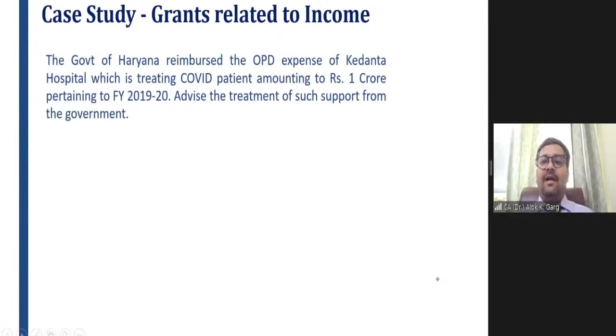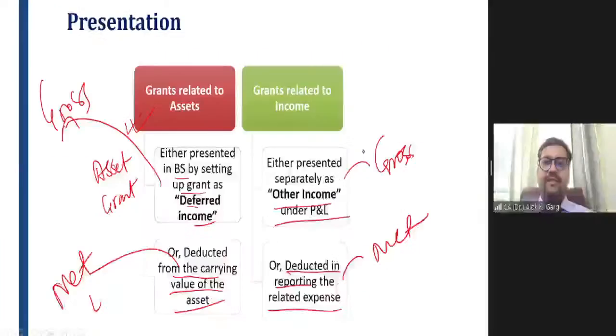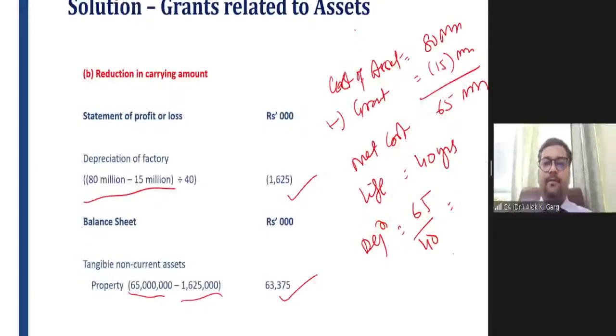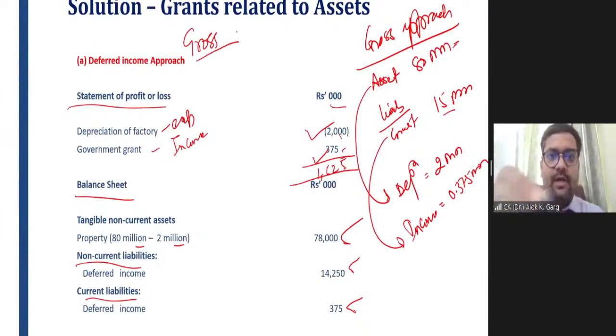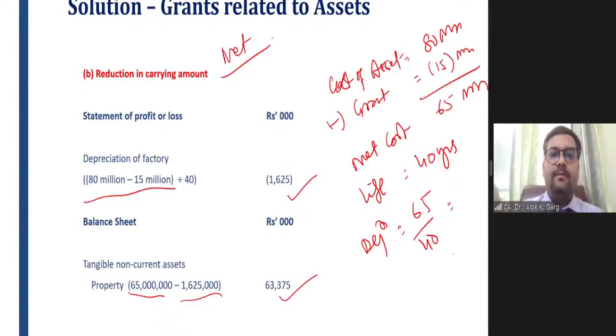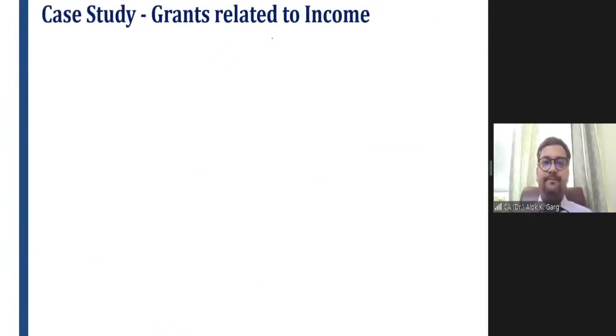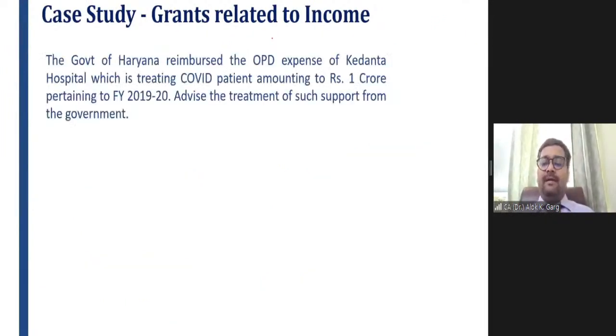So we have discussed grant related to assets. Now we are discussing grant related to income. This is known as a gross approach. This is known as a net approach. So in the income approach, we have discussed that the grant either has to be shown as an income and the related expense has to be shown as an expense, or the grant can be reduced